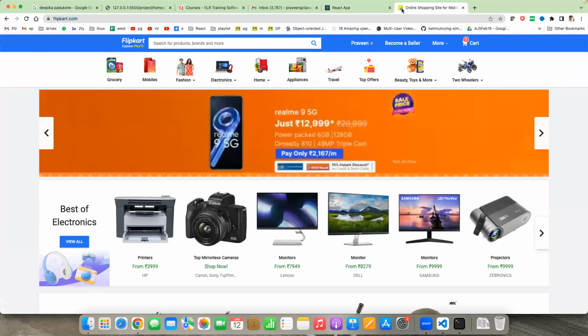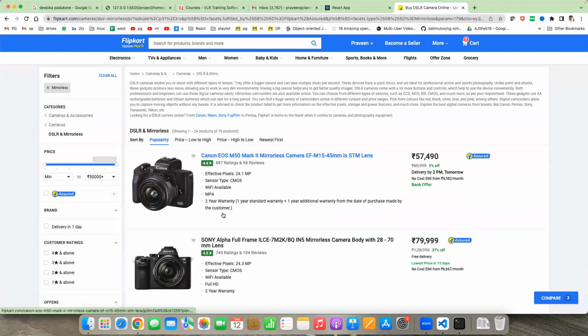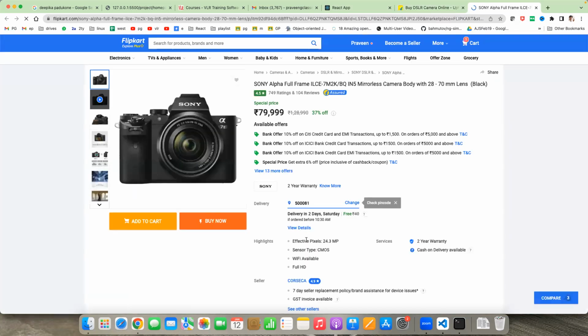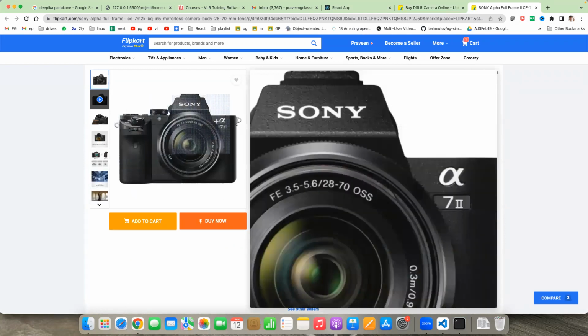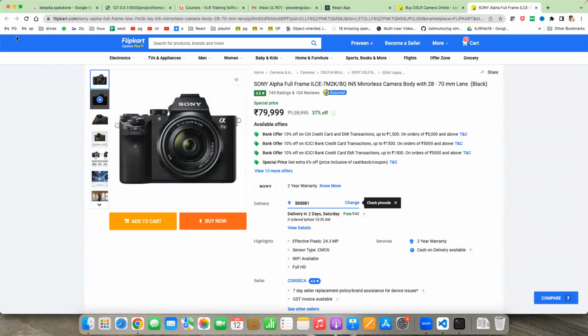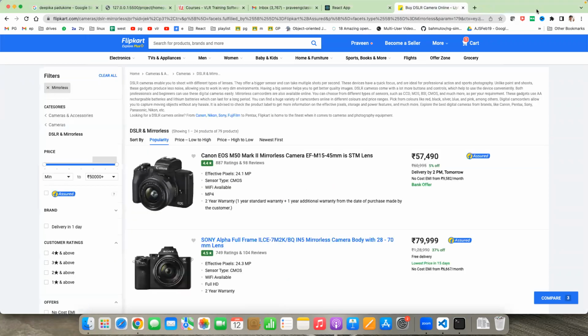If I have Flipkart, when I click on top mirrorless cameras, is this page dynamically generated by the server, or is this page already there? Yeah, the answer is very simple. Sir,